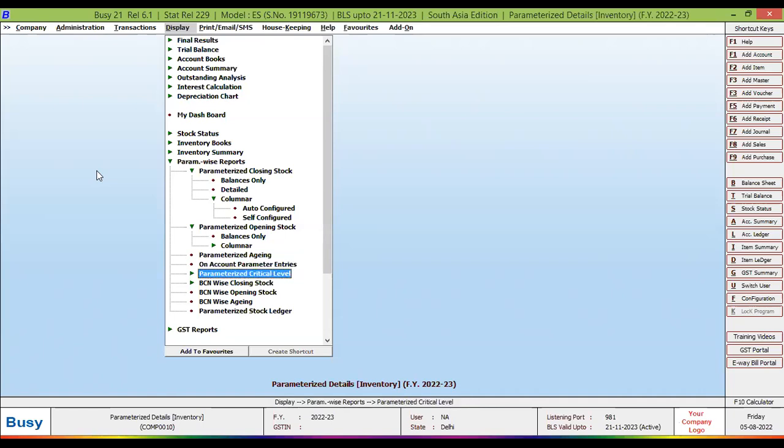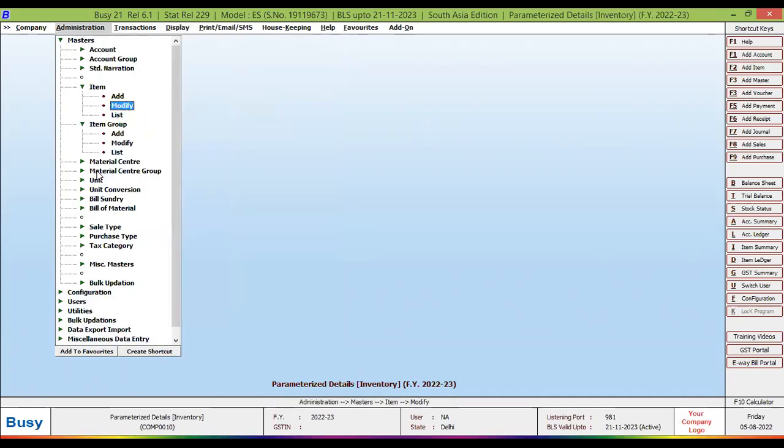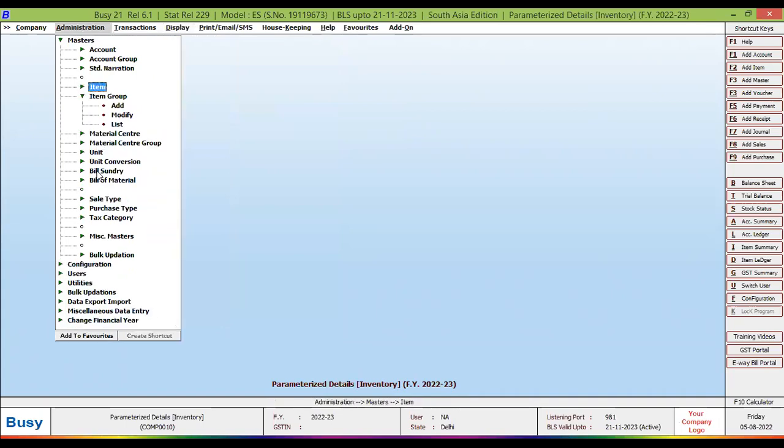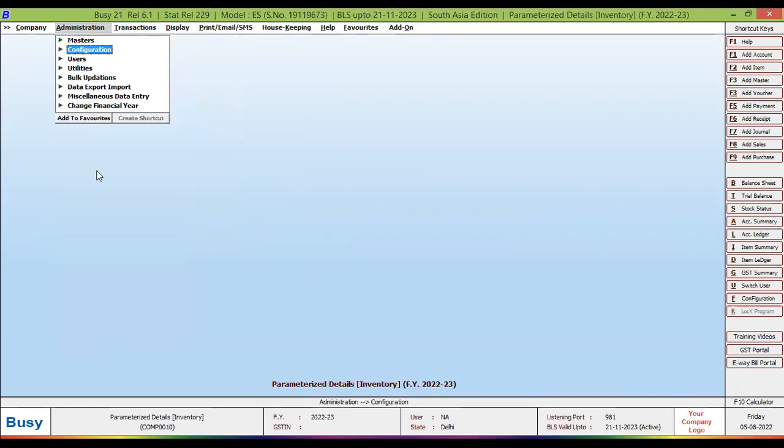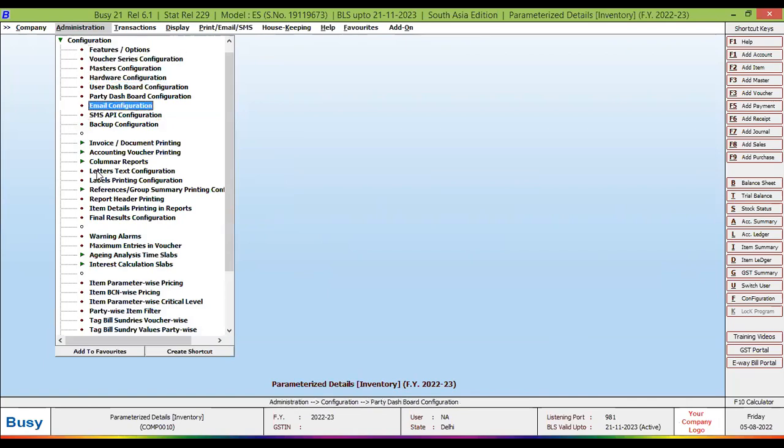For the parameterized critical level, to maintain this report or to get the information from this report, we have to do one thing. First of all, we have to define that critical level in a parameterized way. For this, we have to go to administration configuration, and then you can get an option called item parameterized critical level. Here you can define your